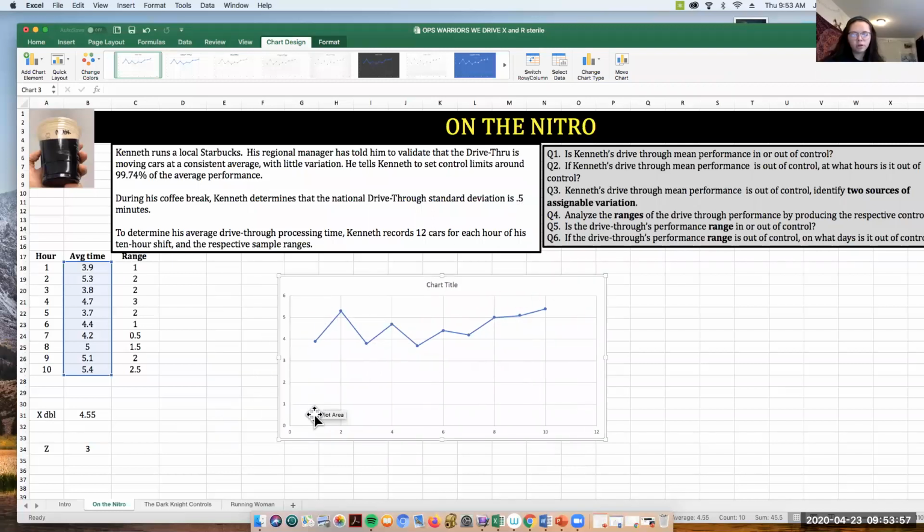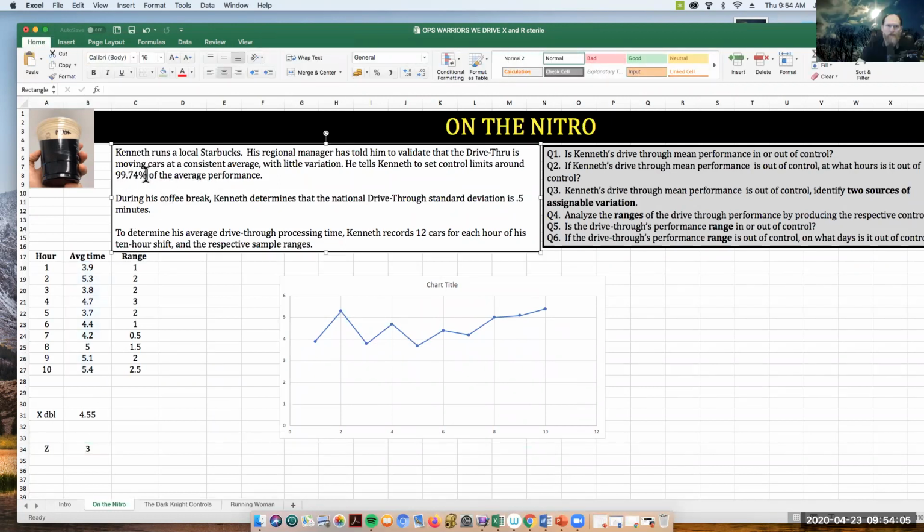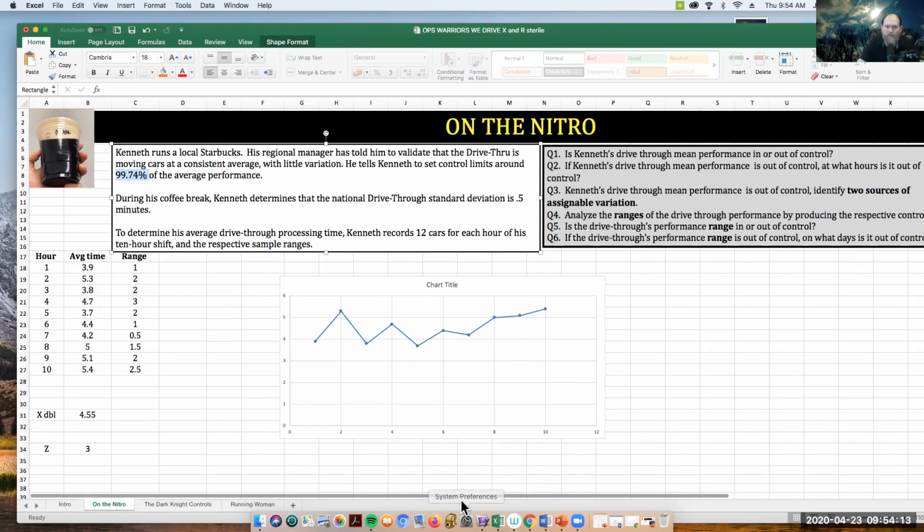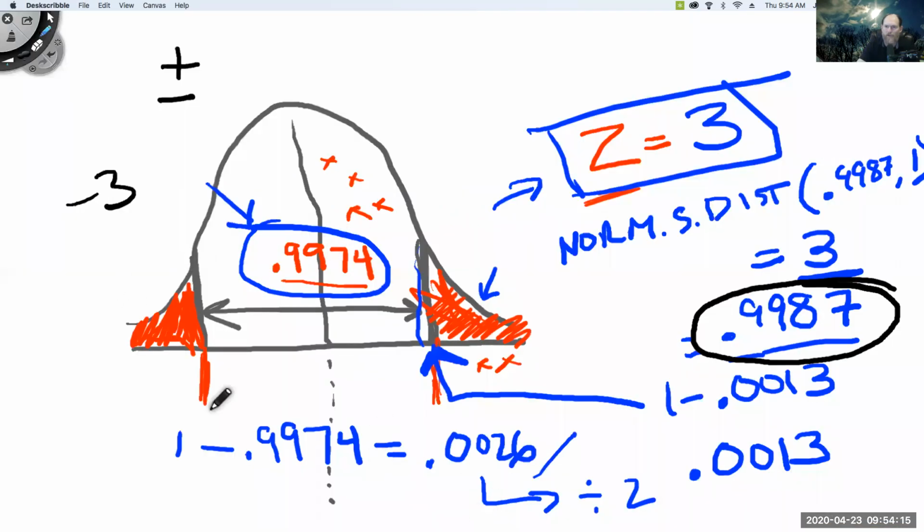I just have a question. How did you get 3 for Z? Did you just choose that or did it come from the data? So the way that I get 3 for Z is I'm looking at that 0.9974. And that's this process. Okay, that makes sense. So that's that 9974. And I think, JT, that kind of addresses what you wanted to do. Okay. Is that good to go, Teresa? Mm-hmm. Okay. All right.